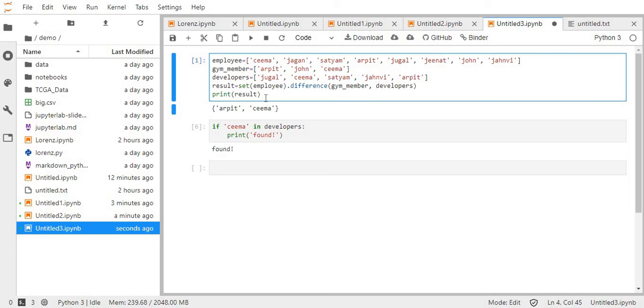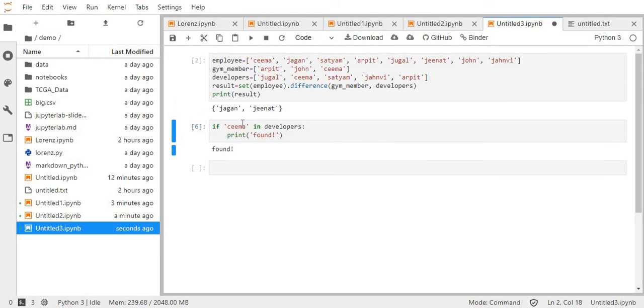So we will get the two employees who are neither gym members nor developers. Those are Jeanette and Jagun.